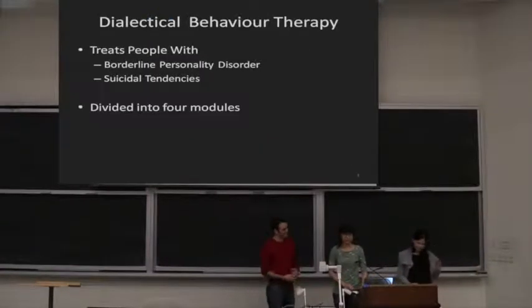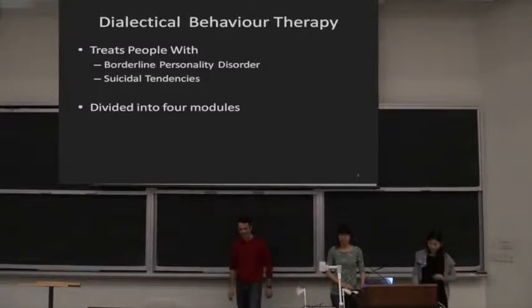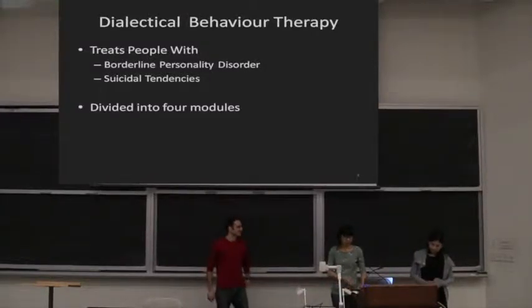Okay, so DBT treats people with suicidal tendencies against destructive self-harm behaviors. How it does this is one subset of DBT introduces some skills that a user should learn to help cope with these behaviors, and these skills are divided into 4 modules.